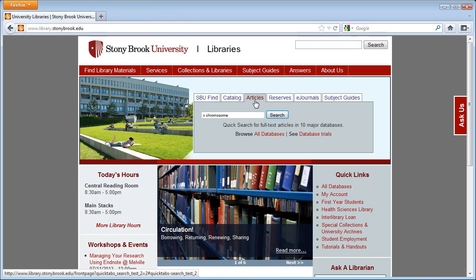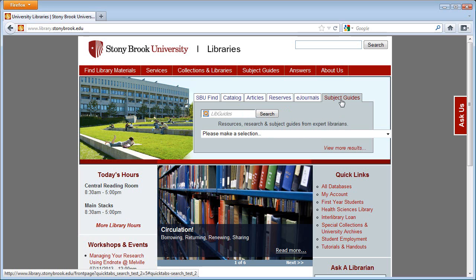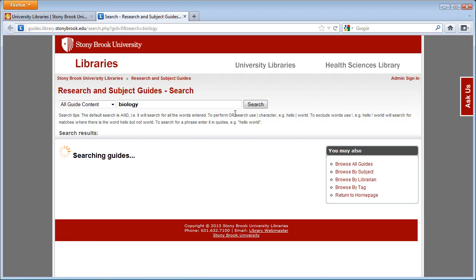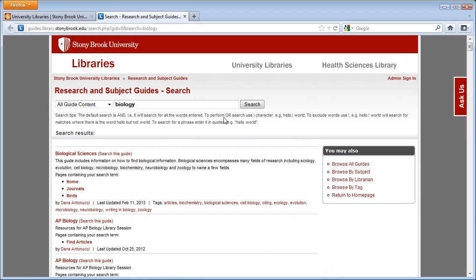The Articles tab searches 10 major databases, but the library has access to hundreds of databases. If you are not finding enough information from the Articles tab, you can click on the Subject Guides tab in that tabbed search box. And you can look for subject guides that have been created by the librarians on various different topics and subjects. So for our example, we will look for a subject guide in biology. So we have a subject guide labeled Biological Sciences,